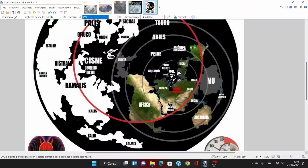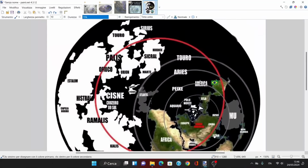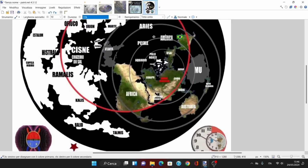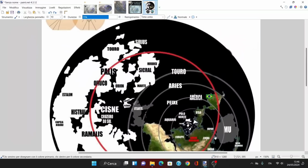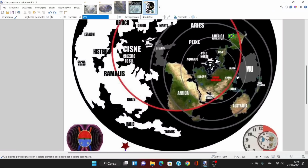We have a North Pole, so at least I think somewhat this map is supposed to be spherical. Not sure, but pole kind of refers to the concept of having actual poles, and you kind of have to be a sphere to have a pole. So I think this map might be even flat Earth, but it's still the same map, so I don't really know how they explain it to themselves. And then we have